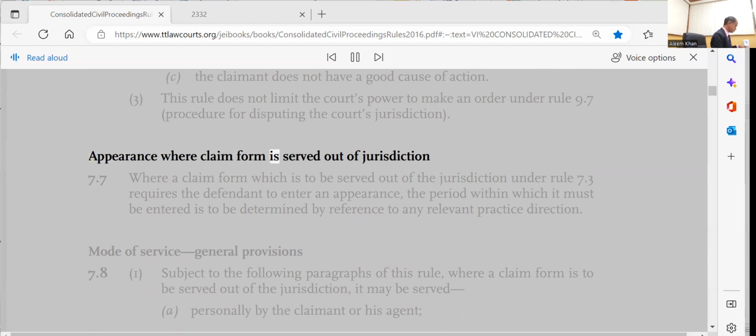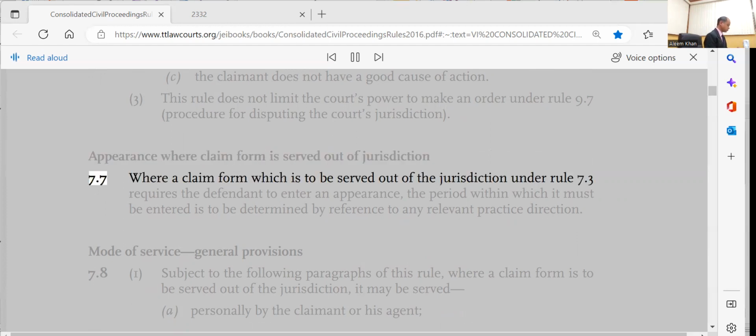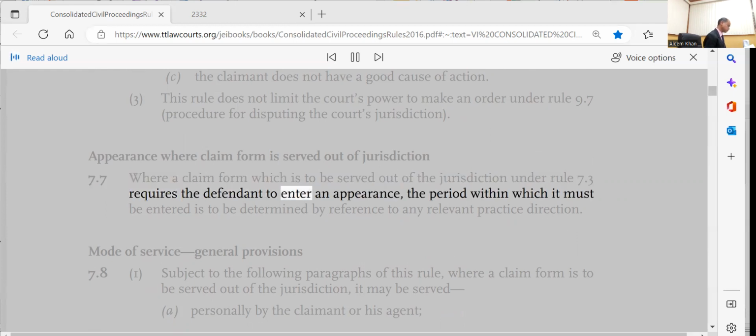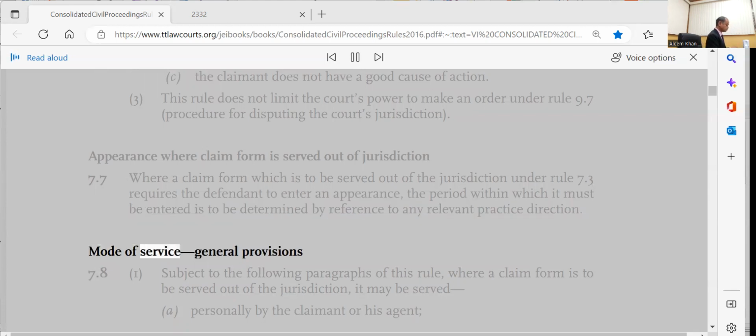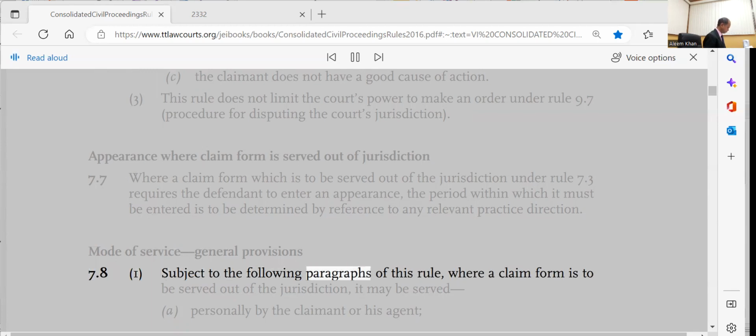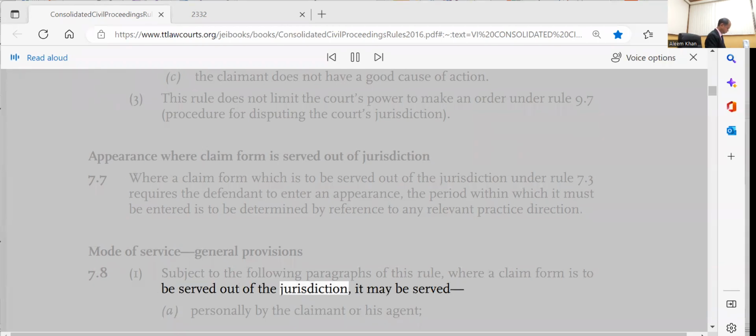Appearance where claim form is served out of jurisdiction. 7.7 Where a claim form which is to be served out of the jurisdiction under Rule 7.3 requires the defendant to enter an appearance, the period within which it must be entered is to be determined by reference to any relevant practice direction. Mode of service, general provisions. 7.8 1. Subject to the following paragraphs of this rule, where a claim form is to be served out of the jurisdiction, it may be served a. personally by the claimant or his agent,